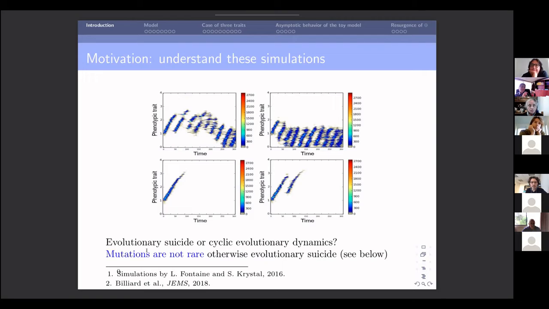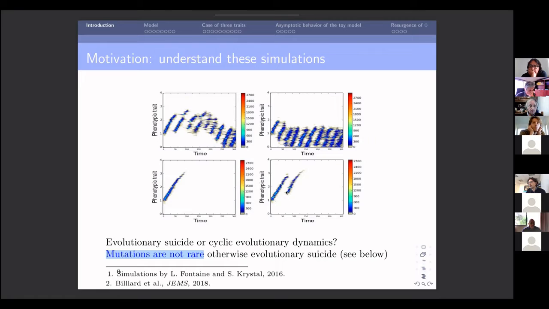Okay, and so a key point that I'm going to insist on in the sequel is that I need to assume something on mutations. So you see the emergence, the re-emergence of this strain here is actually due to the fact that there are a few individuals with this trait here that remain present in the population. So they are at very low densities, nearly extinct, but still a few of them remain. And at this time, they are able to take over the rest of the population.